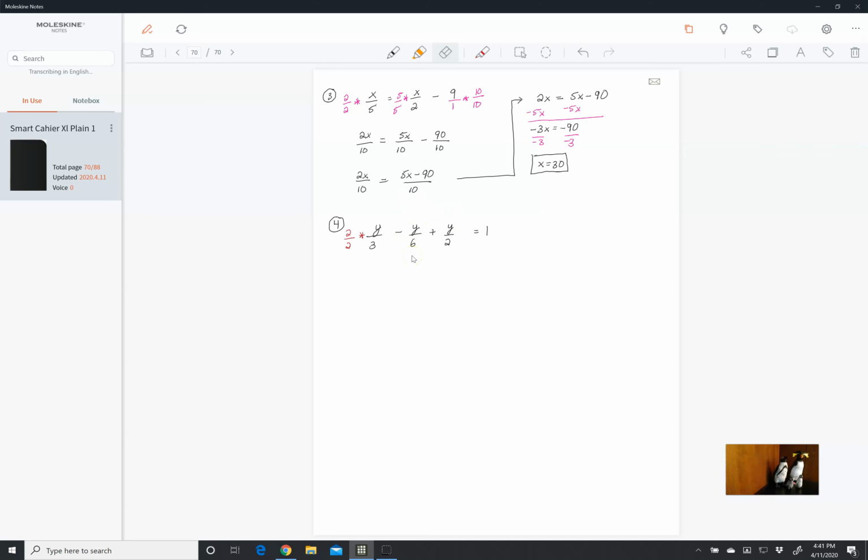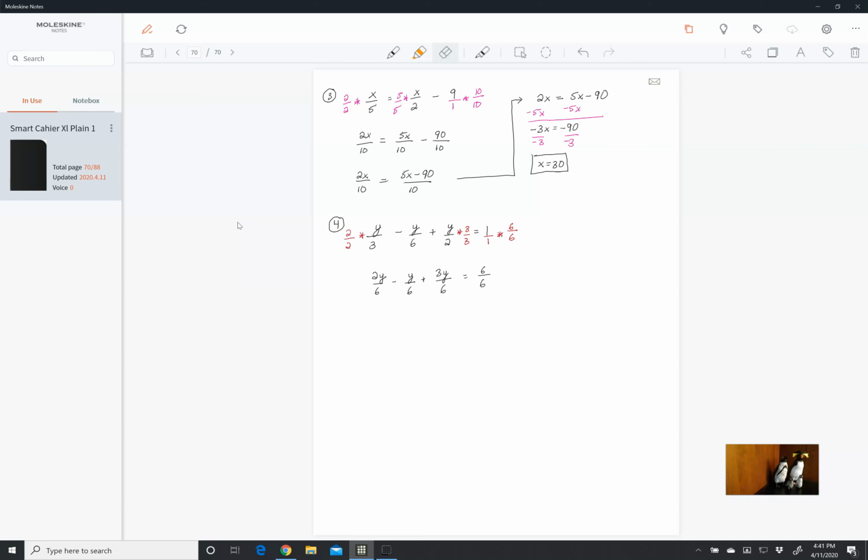Remember, this goes back to our linear equations when we were saying what's the least common multiple. Over here we have y over 2, so we can multiply by 3 over 3. And this is like a 1 over 1, so we would have to multiply by 6 over 6. So if we actually do the multiplication, we know all of our denominators should be 6. You should always look at it and make sure that that's actually the case. But we have a 2y over 6 minus a y over 6 plus a 3y over 6 is equal to